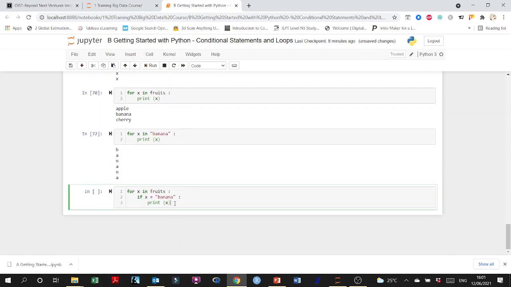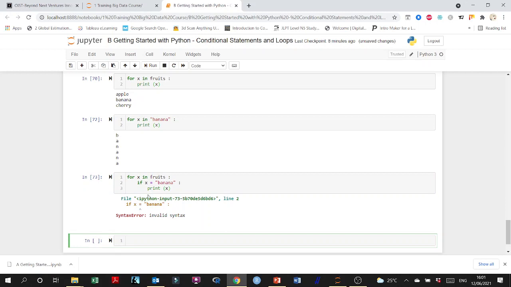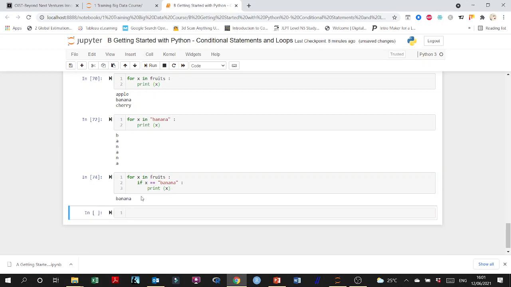No, that wasn't the statement, but let's see, there's a problem here. If x is equal, do you see what the problem is? So here, if x is equal to banana, print x. But here, saying if x is equal to banana, it says continue. So let's for now